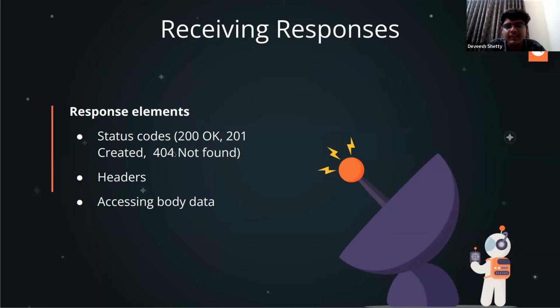Then we have the 500 series. 500 series means the server messed up. It's not the problem of the user. The server either crashed or broke down or something. So 500 means from their end they messed up. It's not your problem. So that is how the status code tells the client how the server responded. Then the headers which I showed you, then the body data. Headers will contain metadata, and the body data will tell more detail about the user to the server.